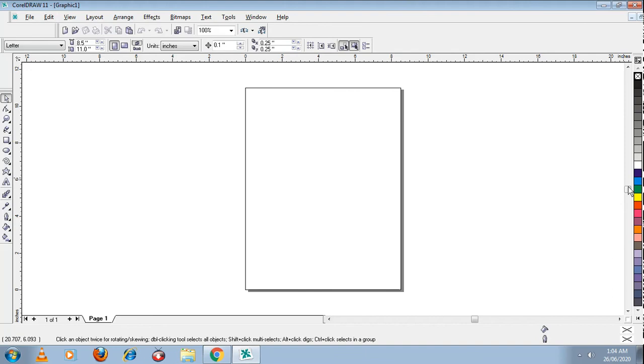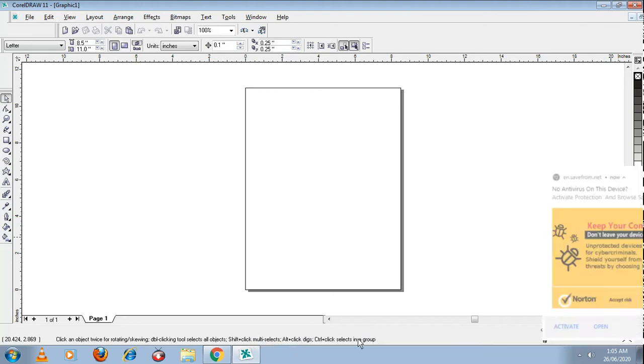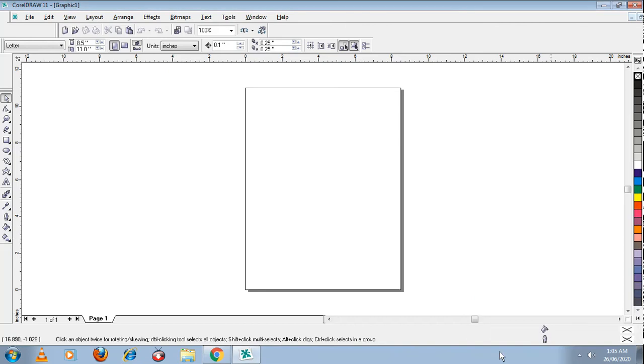One thing remaining from this is the status bar. On the status bar, can you see this? Down below, above the taskbar, you can see there is a status bar showing here. Now on the status bar there is a fill sign and a border sign. This fill is the fill color. What is given in the fill color now? Cross. That means no fill color is selected. And this is the outline pen tool, what is it showing here? None. That means nothing has been selected for the outline also.